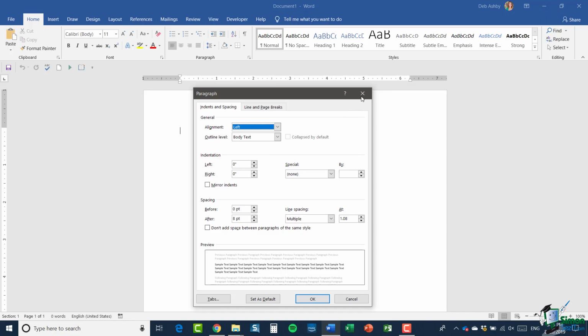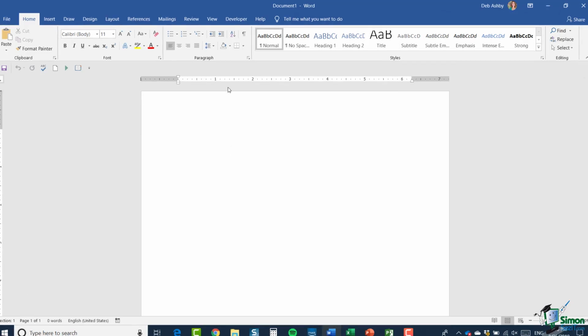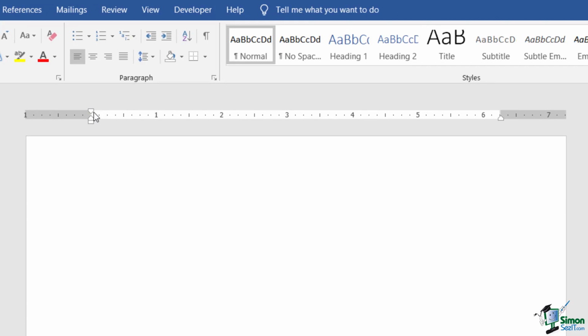Moving to the top of our document, you'll see that we have a ruler running across the top, and we also have a ruler running down the side. On this top ruler, you might be able to see these little triangles and this little block at the bottom. As I hover over, it says left indent, hanging indent, and also first line indent. We're going to get into this a bit later on, but this helps you align your text in your document. You can move the indents in and out. So just be aware of the ruler and the indent